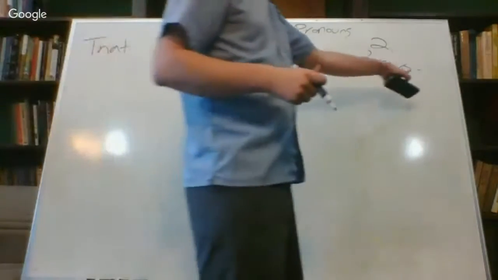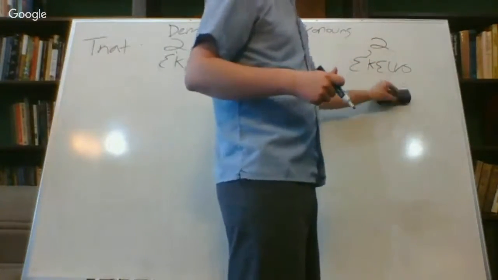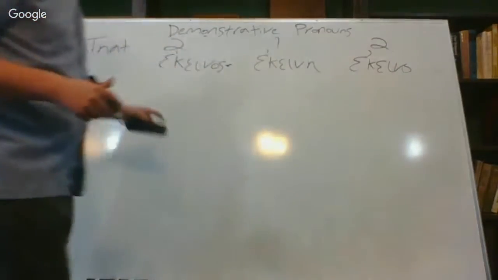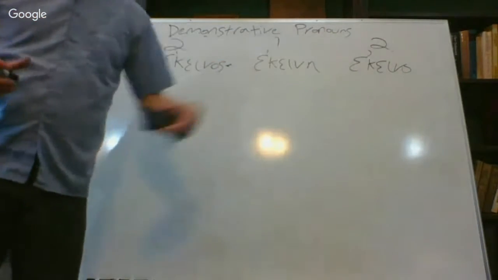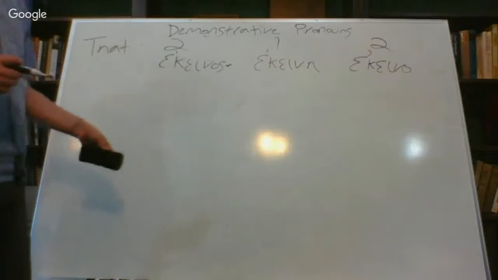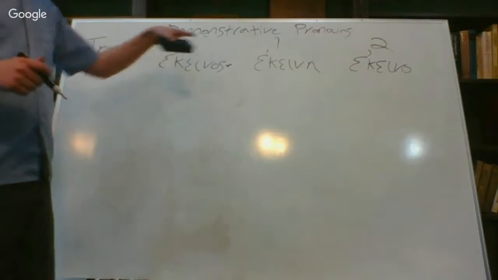So in the pronouns, you're not going to have the nu in the neuter. So ekeinos, ekeine, ekeino. I could do the entire paradigm here, but because it's a 2, 1, 2,